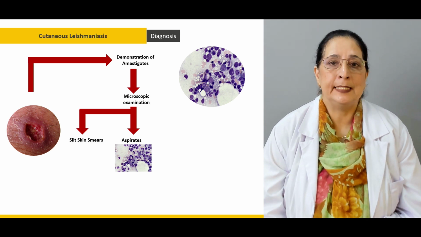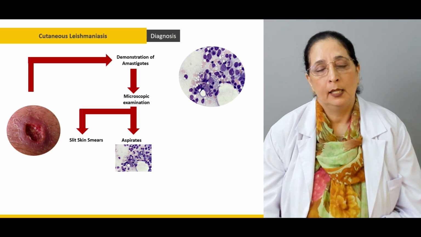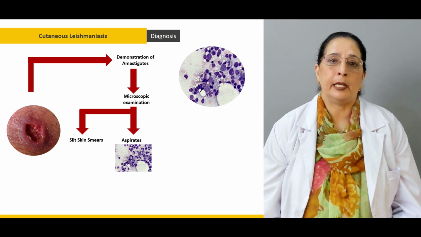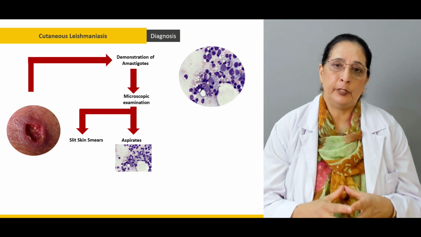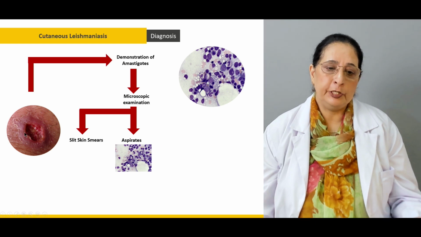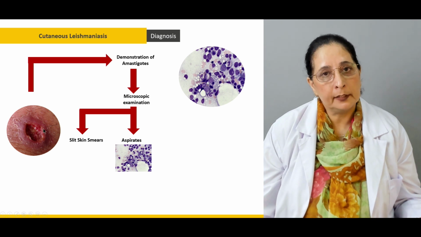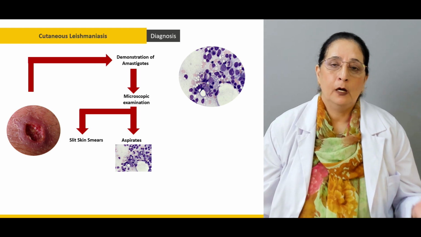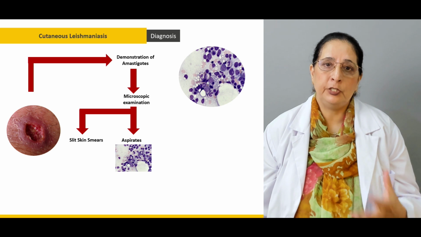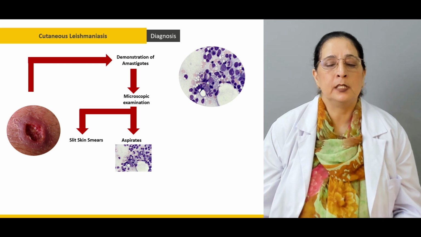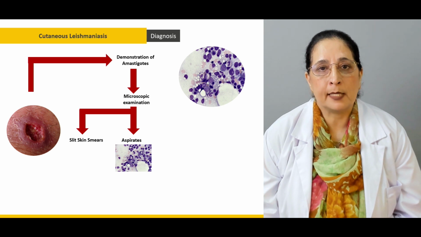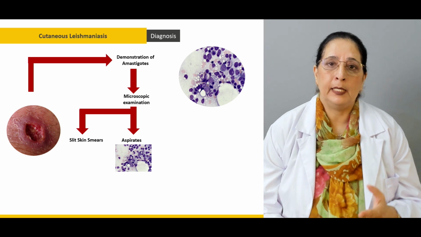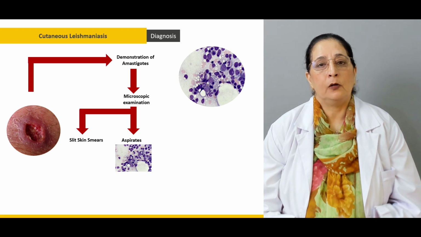The smears of the skin which are affected by the leishmania can also help us in the diagnosis. If there is a skin lesion present like this, skin lesions like this can be due to some other diseases also. To find out whether it's due to leishmania or due to some other infection, we need to diagnose, and the diagnosis is by the finding of amastigotes, which we get from the aspirate, from the skin smears, and also by the